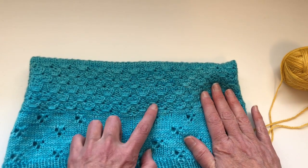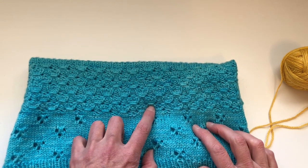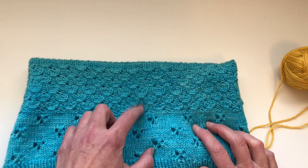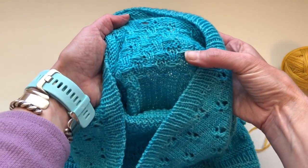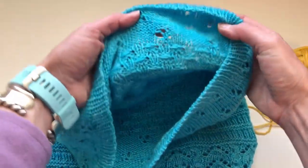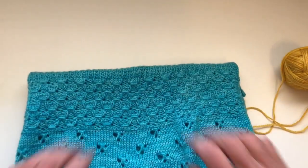And again, one of the important things is not to yank too hard on this stitch that you've pulled through and you're going to loop over. Let me just show you where those loops are on the back. So that's what those are right there. But it does give you a nice